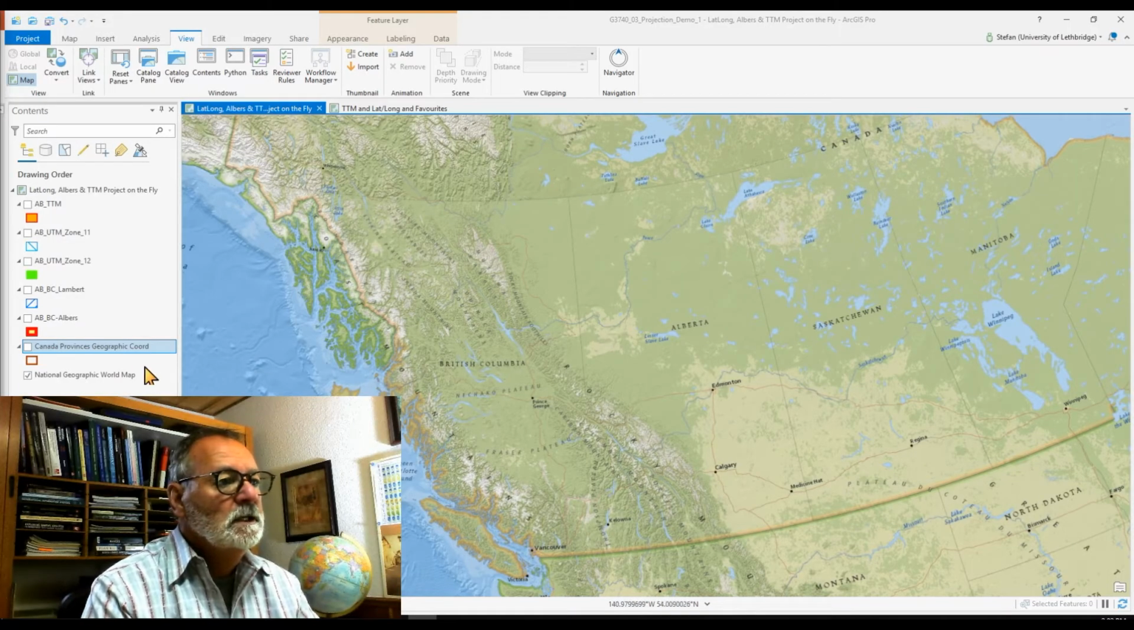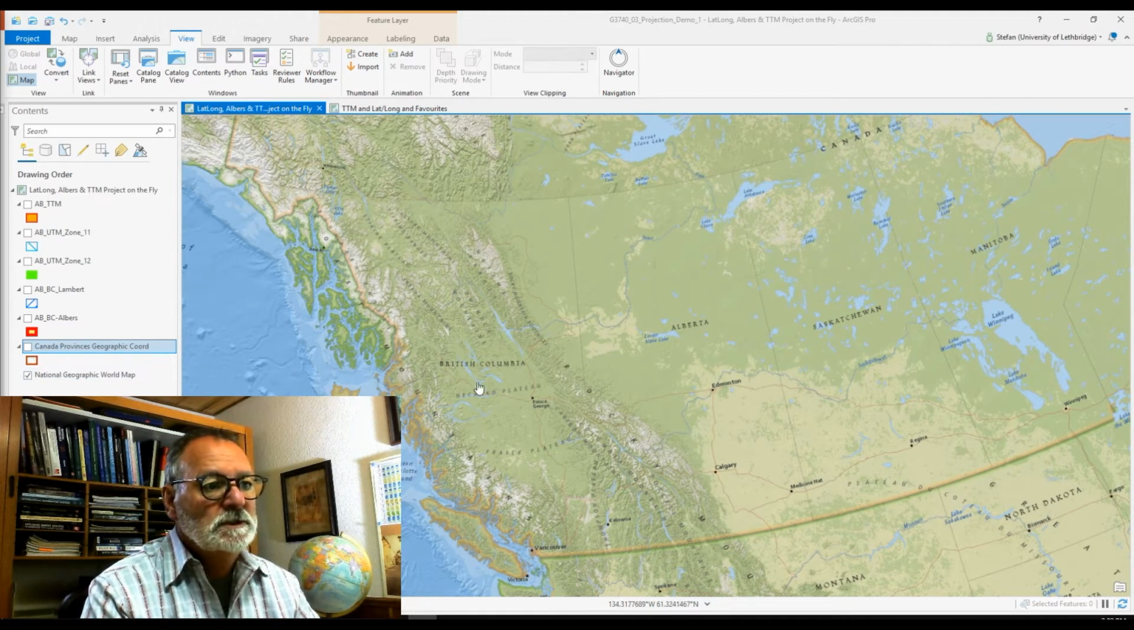Hi everybody, today we'll look deeper into projections. So let's look at the screen here. We have in the background the National Geographic World Map. It's just one of our base map options. And here I have